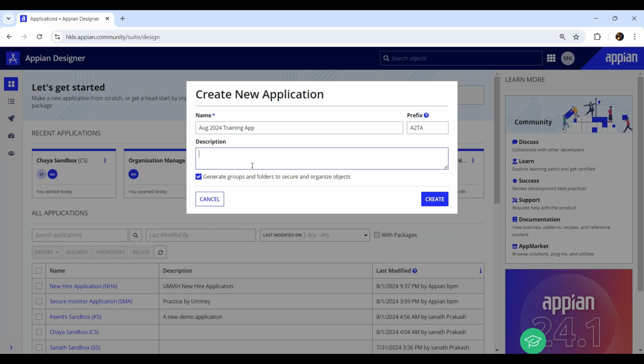Now you can add a description about your application, what it is going to do. I'll say this application is only for training purposes. This is not a mandatory field, but it's good to have. Then we see a checkbox called generate groups and folder to secure and organize objects. What will happen if you don't check this checkbox, and what will happen if you check it? If I go with the checkbox and say create,